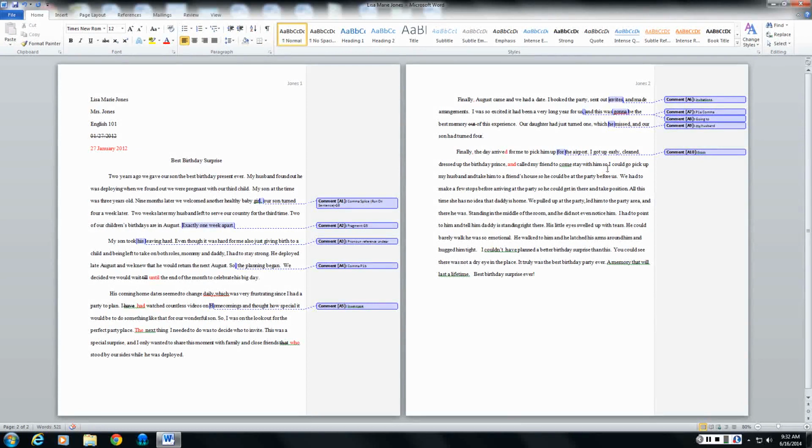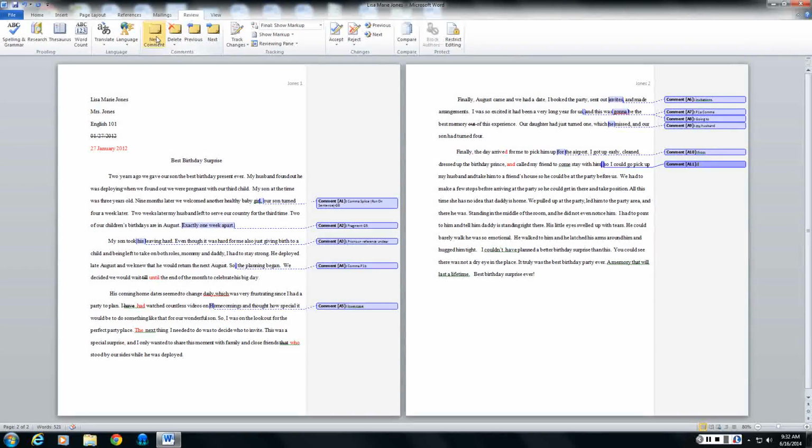Once again, we have 2 sentences joined by a coordinating conjunction, so we need a comma there. If not, you will get the comment, comma, P1A. Okay? So I could go pick up my husband and take him to a friend's house so that